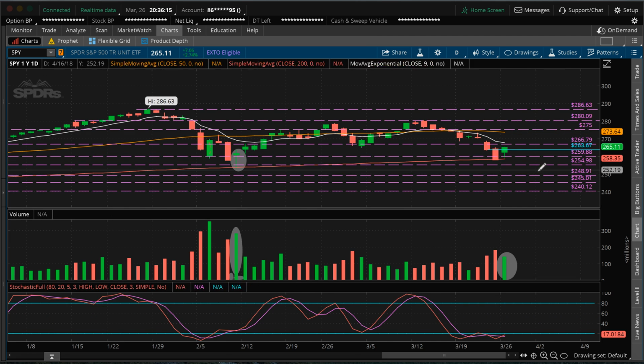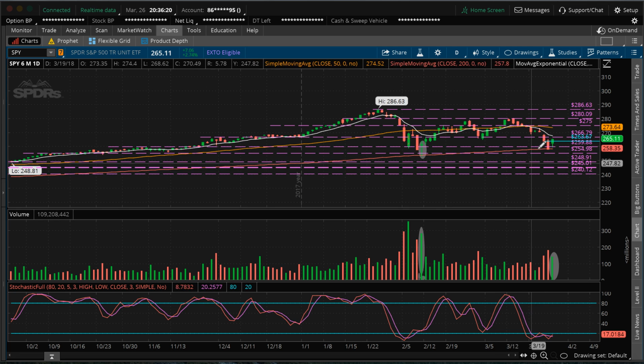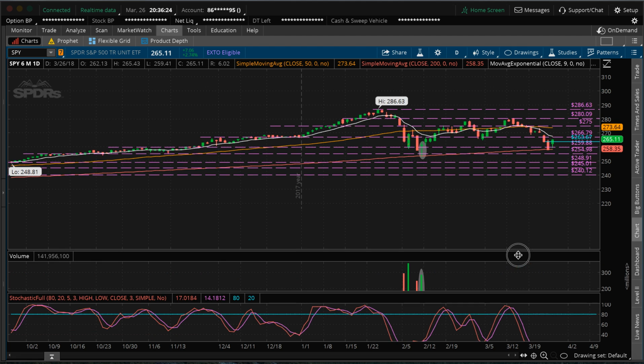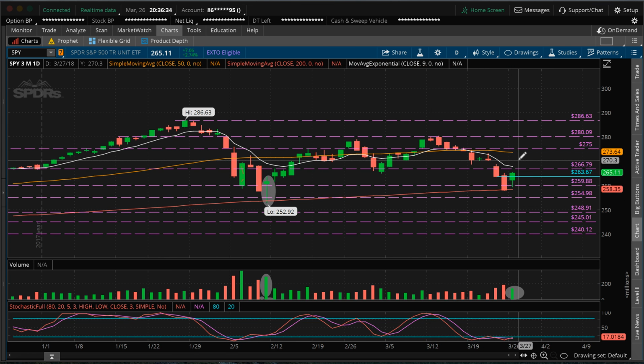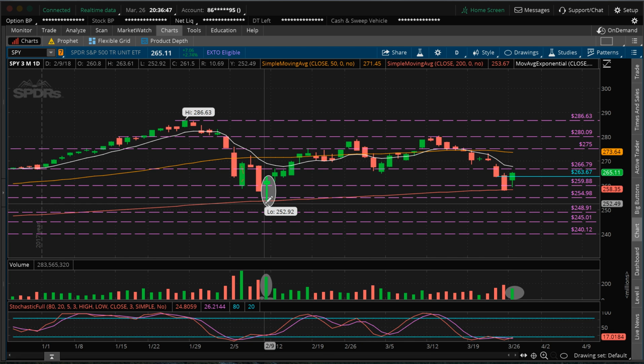So there are a couple of things that I do like. One, the 200-day moving average did get tested on Friday. As you guys can see, let me show that more clearly. Let me put a 3-month view. So you can see the 200-day moving average, a very, very important moving average that investors, traders, and the big money look at. So it did test it and it held, and we did see a bounce today. So that's good. That is really, really good. Because if this breaks below with high volume, and it breaks below this 252.92 level,